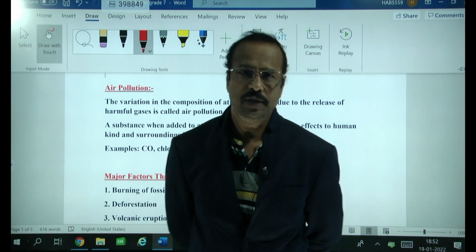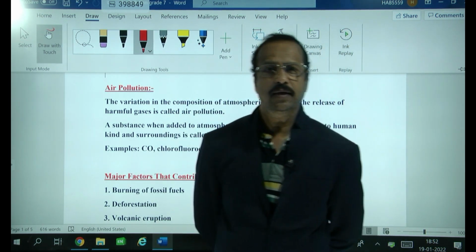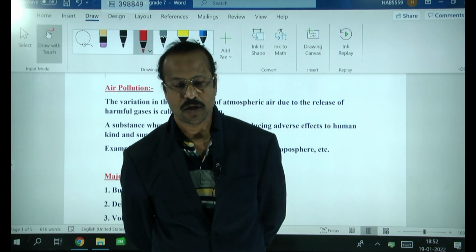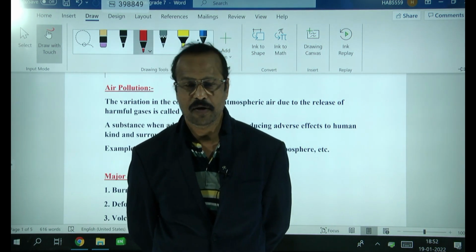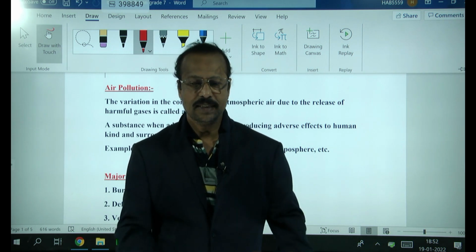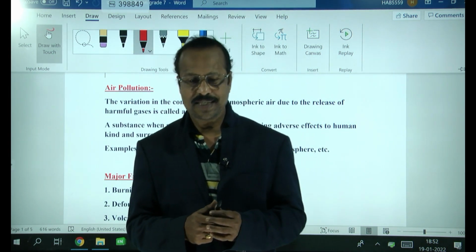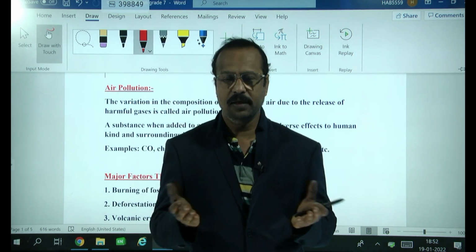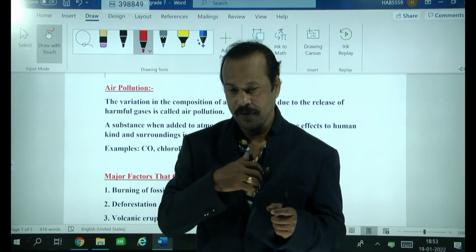Very good. So in the starting of this chapter, we discussed that the atmosphere consists of 78% nitrogen, 21% oxygen, and the remaining 1% other gases, right? So this is the percentage normally present in the atmosphere. This ratio of the gases is very good for health. But